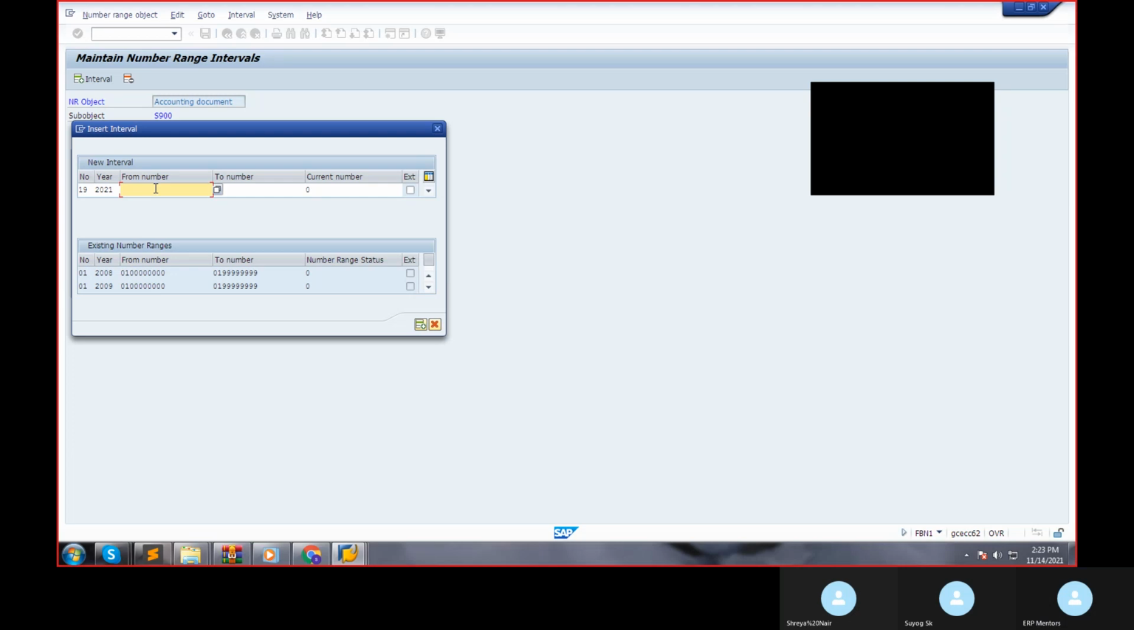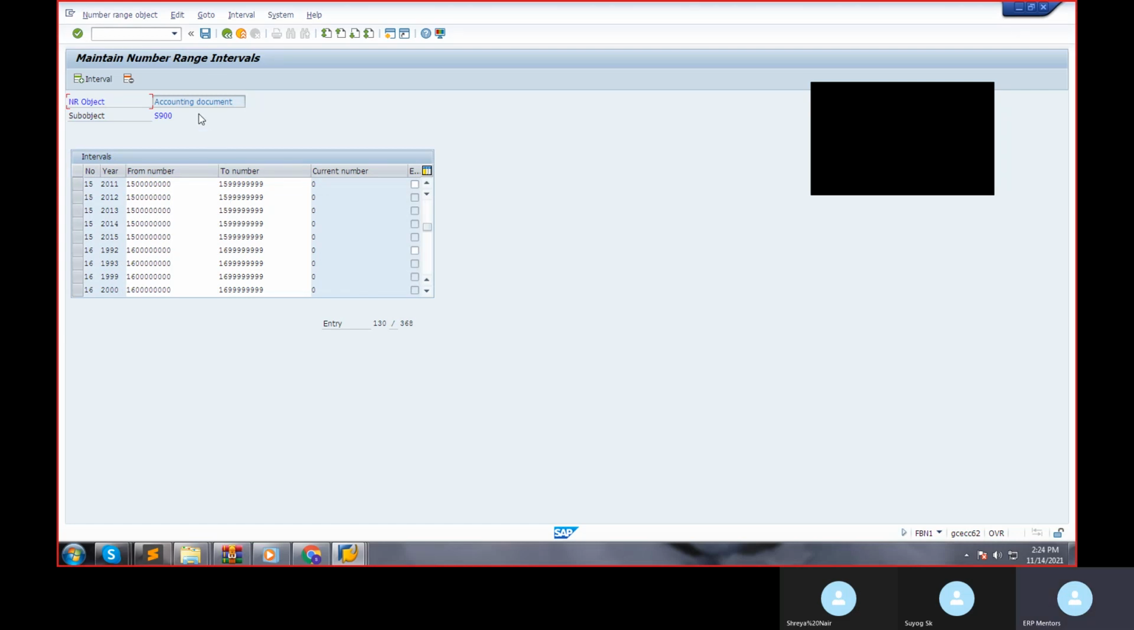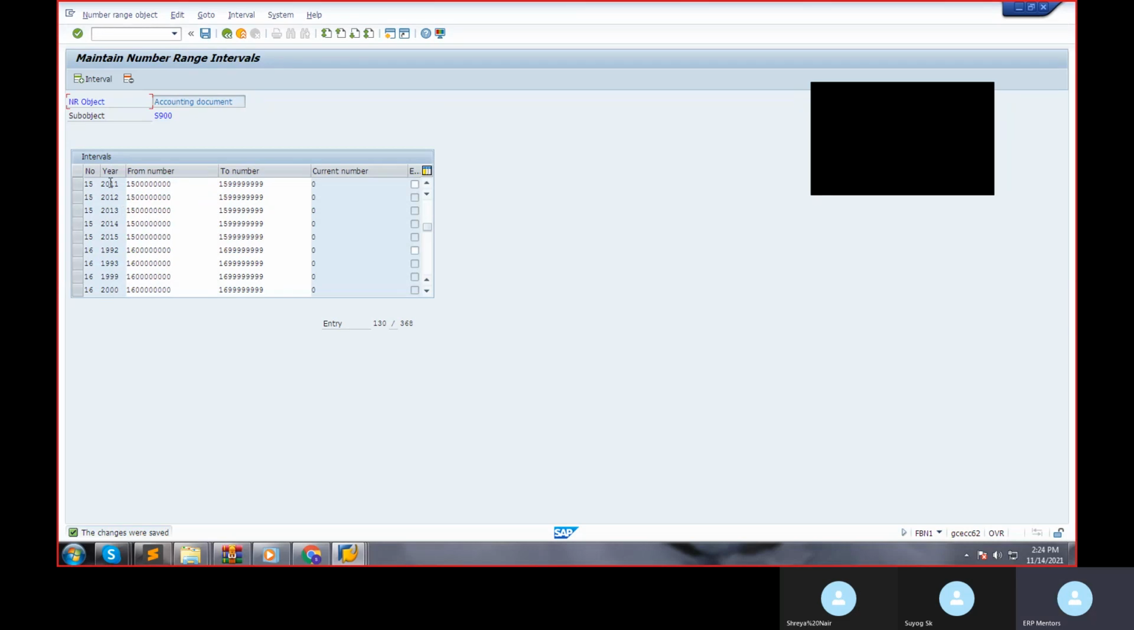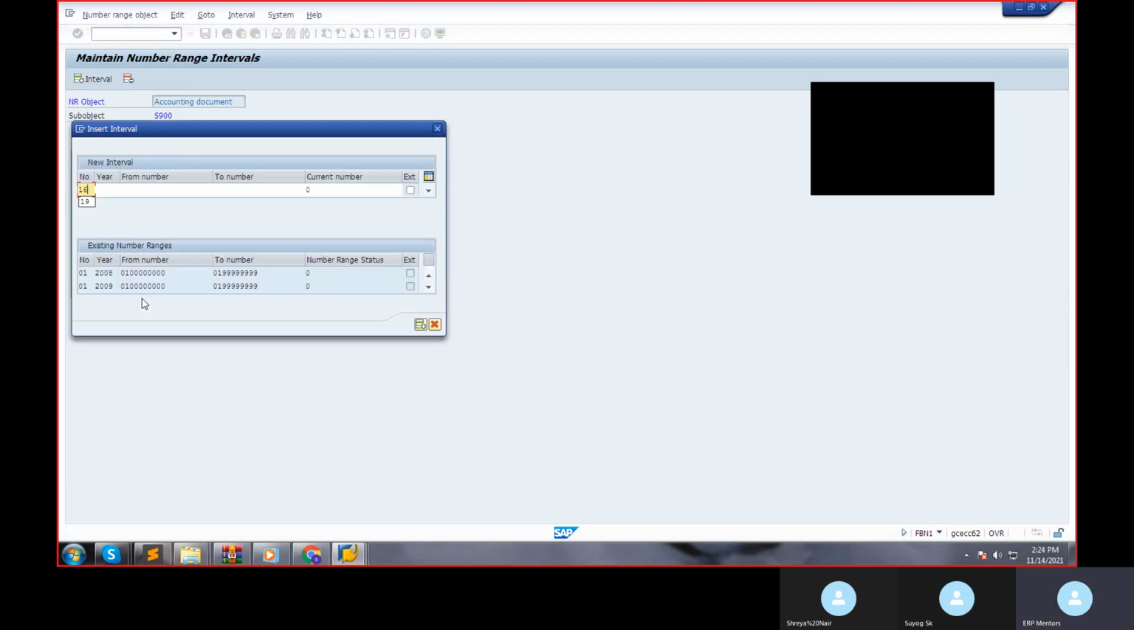So this way, 19 means I'll enter a number like this, 9099, like this. Got it, right? Save it. Just an example like this: 15 means 1500 to 1599, 16 means 16000 to 16999, like this. This way you can assign numbers for different years and different document types, document numbers. 16 I'll enter